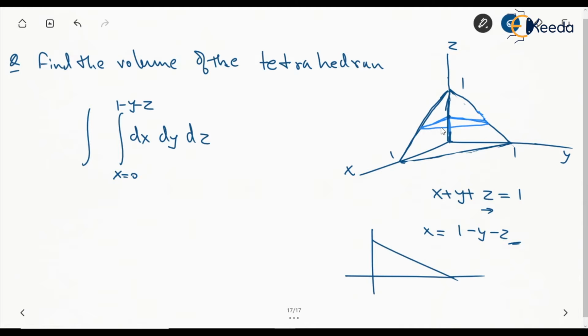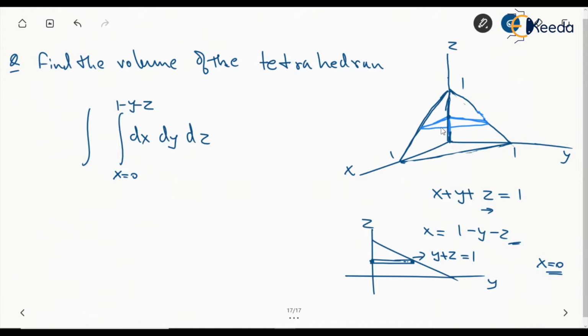So yz plane, why are we coming to the yz plane? Because when we are coming to the yz plane, we can say that x equal to 0 in this case, right? For the case of yz plane, x will be 0, and the equation will reduce to y plus z equal to 1. Now, like we have already done in the previous case, we'll take the horizontal element or horizontal stripe.